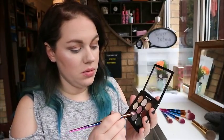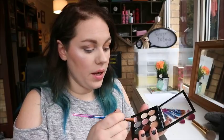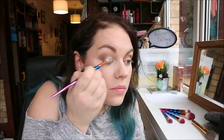Aeroplane. Okay, I've just deepened up the crease a little bit, and now we're going to try and use this little flat brush. I'm going to go into the silver because it's such a pretty colour, and I've been using it a lot. I don't typically wear silver, so now you can see it's a really intense silver, and the brush has done a really nice job of getting it on there. I'm going to quickly wet it, the brush that is, and just throw it everywhere,